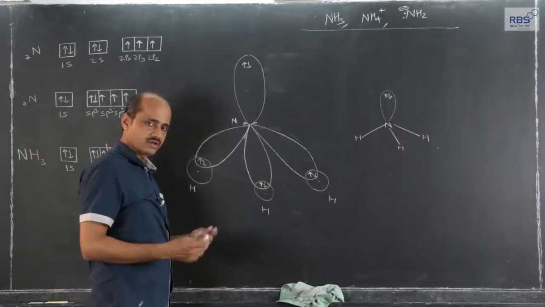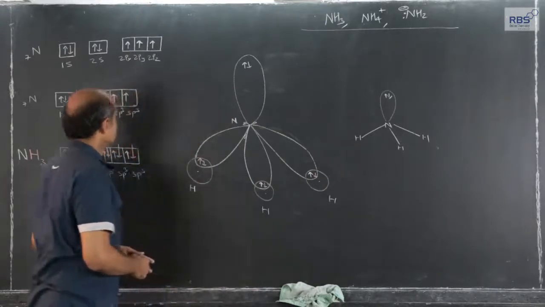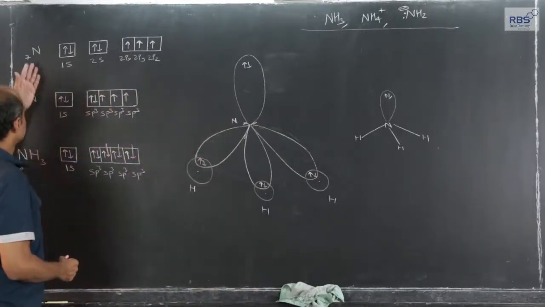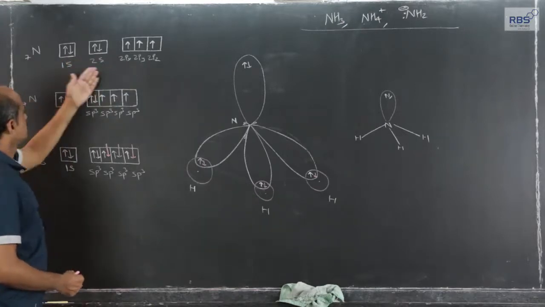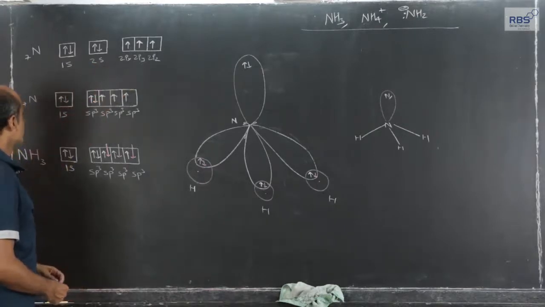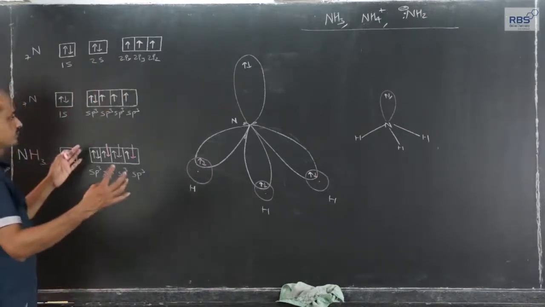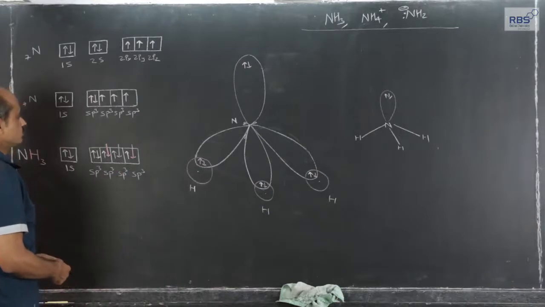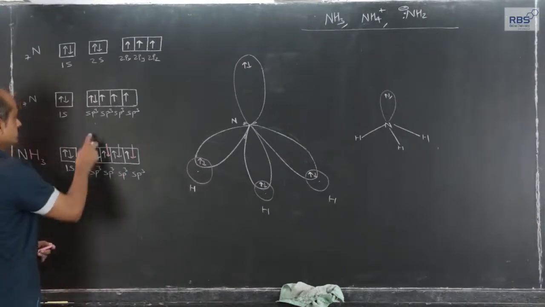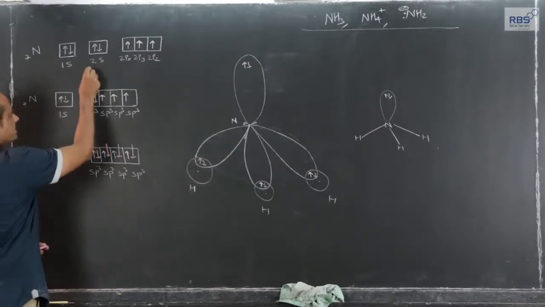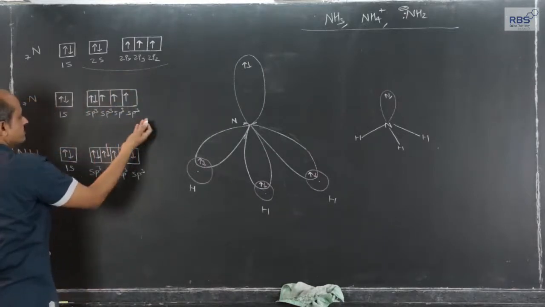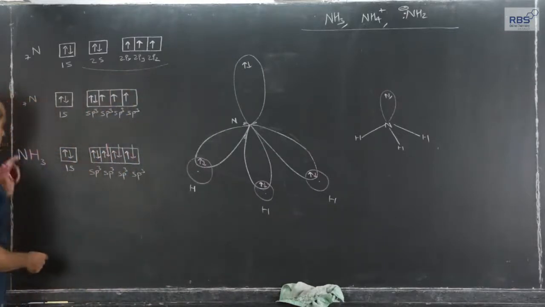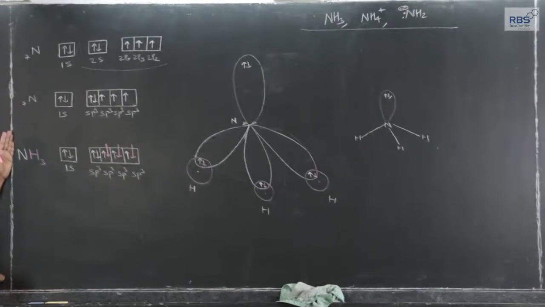Geometry of ammonia molecule already we have studied. A fast recap: electronic configuration of nitrogen in ground state, 2s2, 2p3. Hydrogen atoms, when they approach nitrogen to form ammonia, they undergo sp3 hybridization. All the 4 atomic orbitals take part in mixing and recasting. They undergo sp3 hybridization, and this is the representation of ammonia molecule.